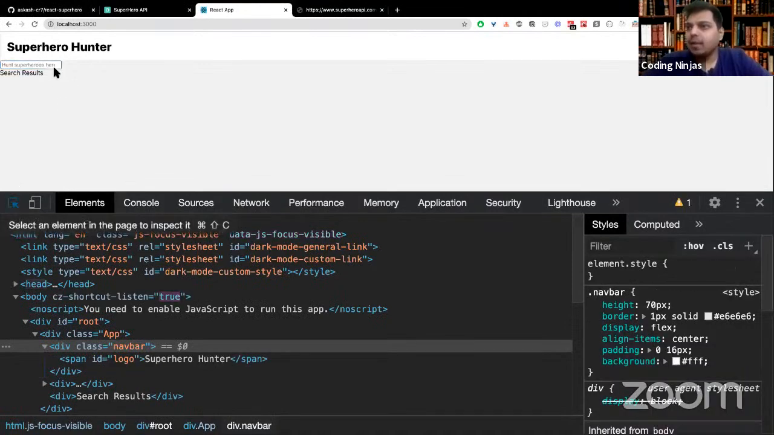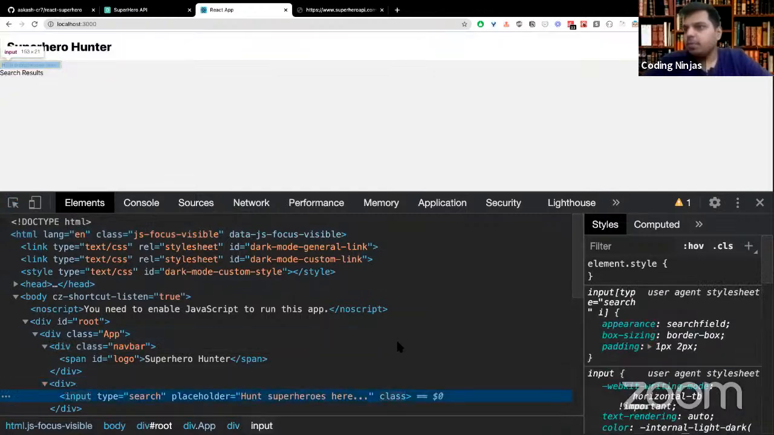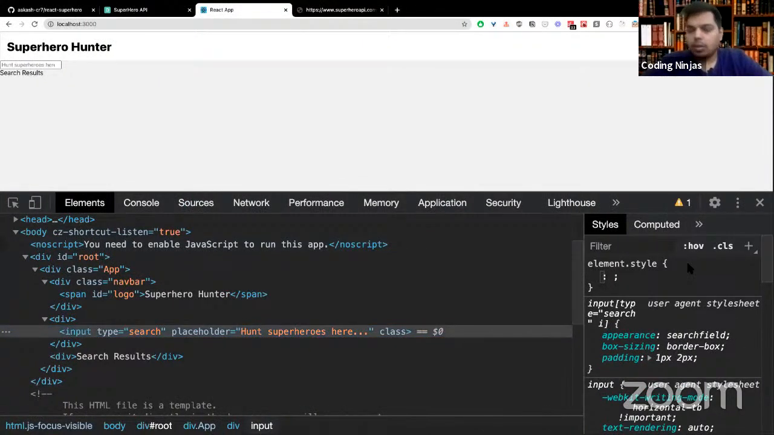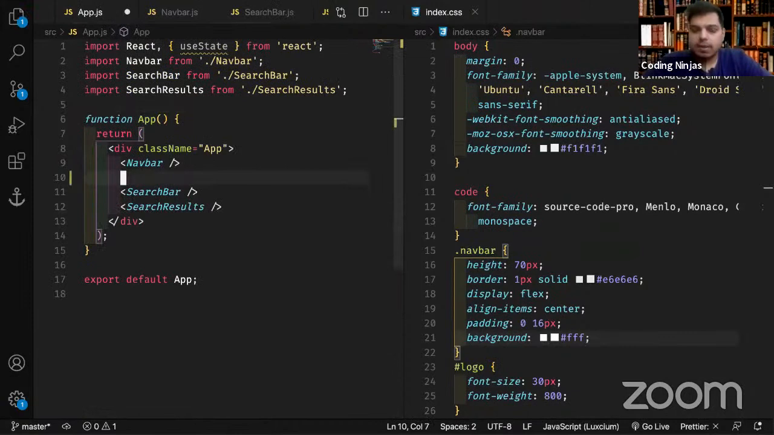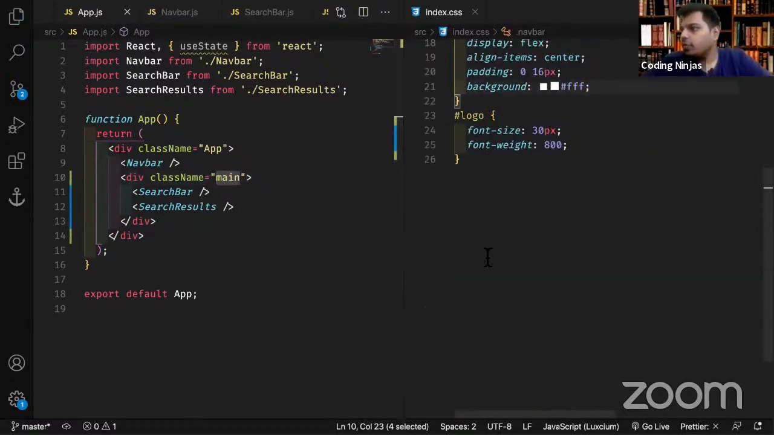So let's quickly style that as well. We will have this input search bar, right? We will give it an ID soon. But what do we want to have? Rather, what I want to do is in my app.js, I will surround these two things, search bar and search results, and enclose them in a div. Why? Because I want to center these two things, right? I'll just give it a class name of main, right? And I'll use it over here,